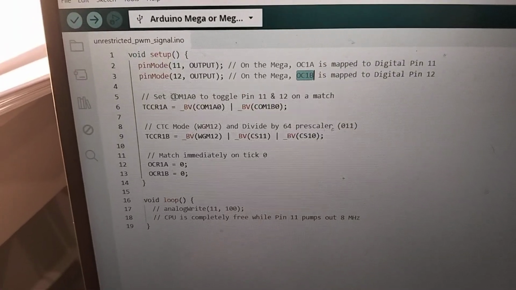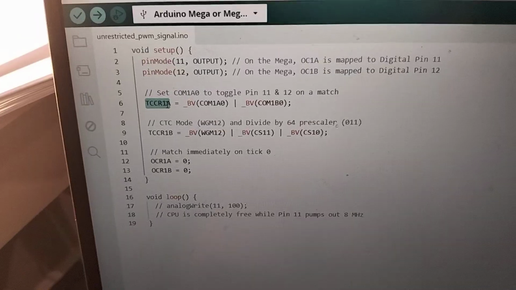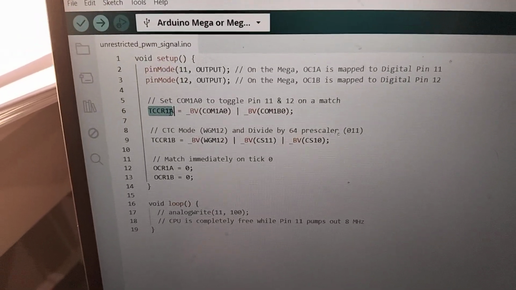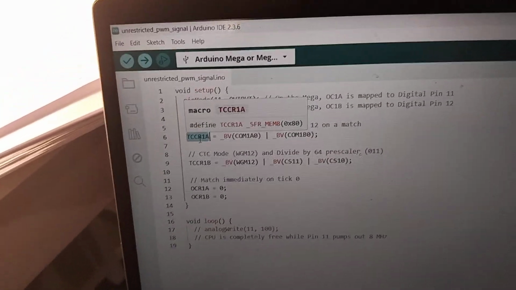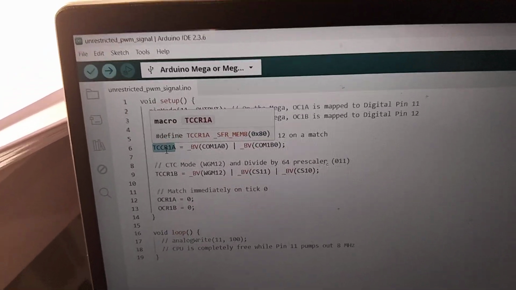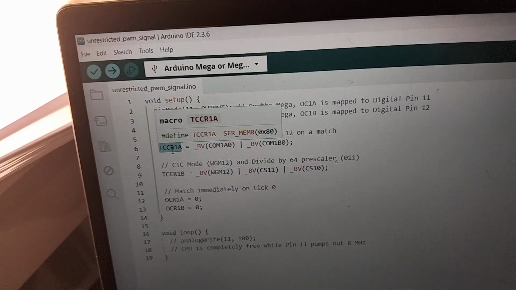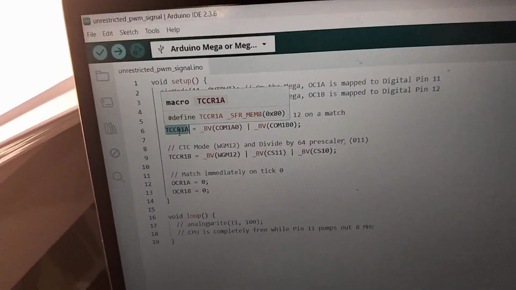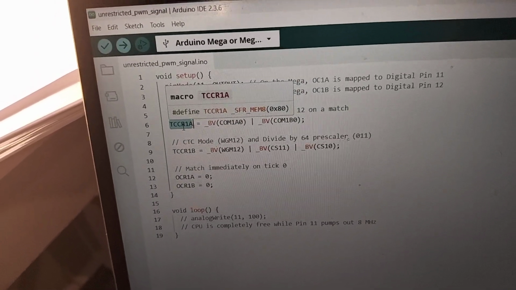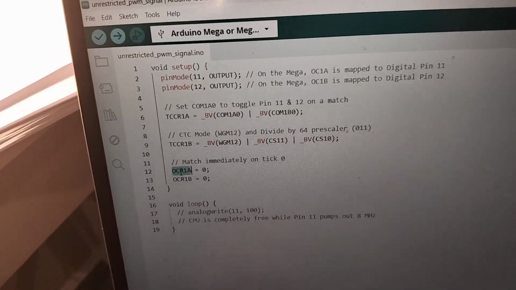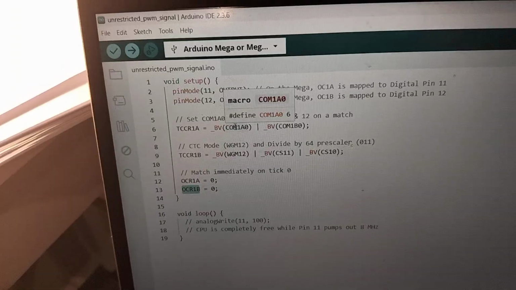And basically this TCCR1A register, when you set certain bits in that register, it tells the Arduino's output pin what happens when the timer reaches a certain check value. The check value is these two registers here, and then the timer will basically tick,